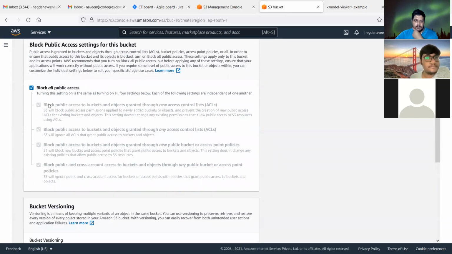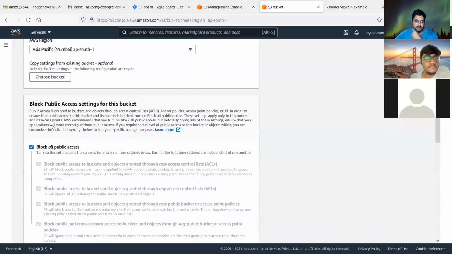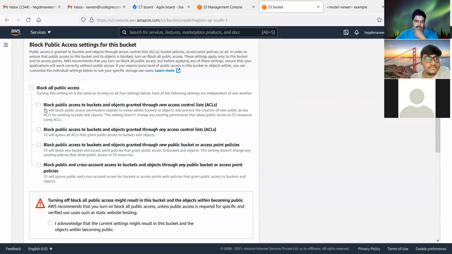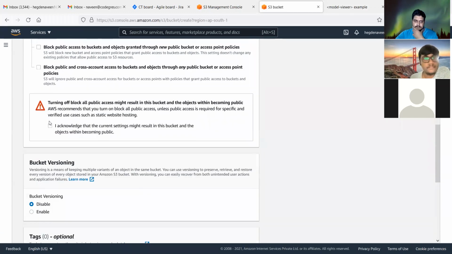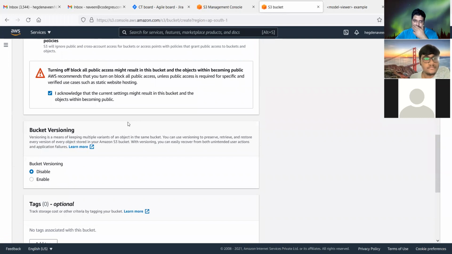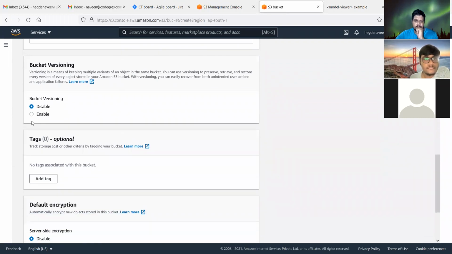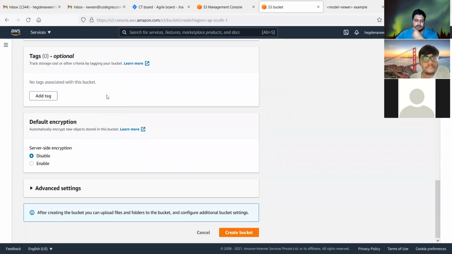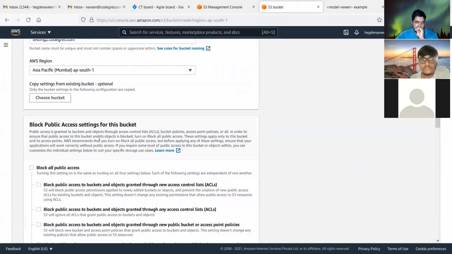Now, instead of blocking all public access, I'll unblock all public access, and I acknowledge that the bucket might be public. I'll add another script afterwards to secure it from unauthorized access.